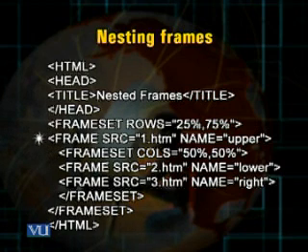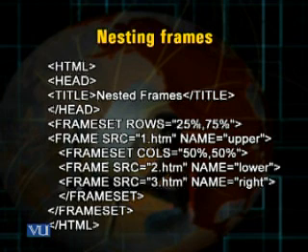Then I use the frame tag src equals 1.htm and I give the name to this frame, name equals upper. So the 25% of the total web page is allocated to this frame called upper, where the contents of file 1.htm, just one line, would appear.